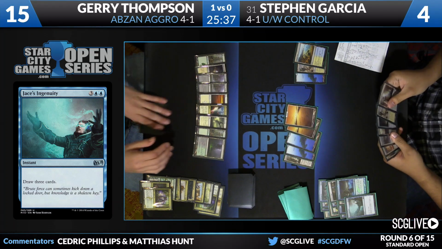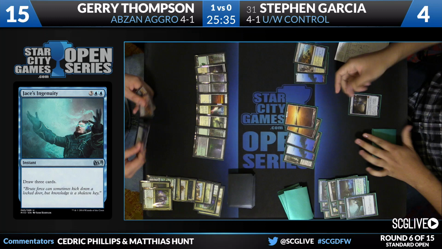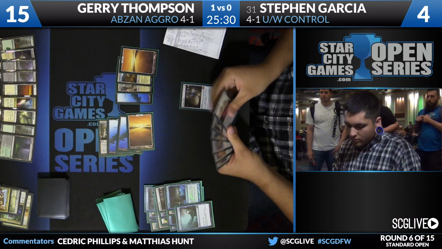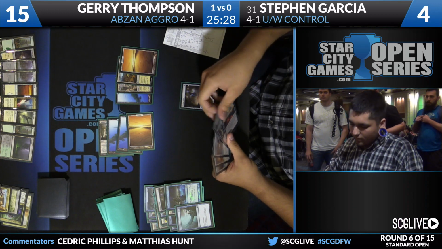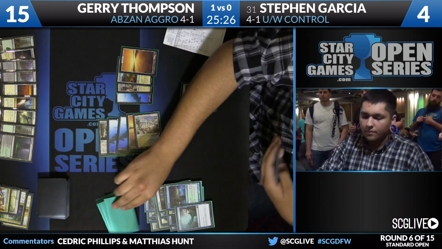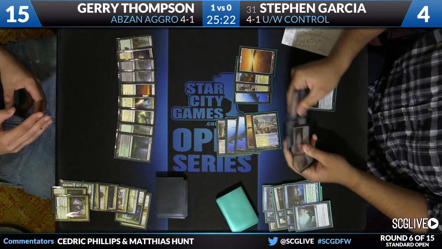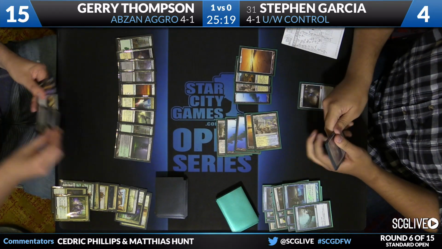Garcia will draw a card. Radiant Fountain, one of the lands in hand. Perilous Vault's going to come down. That's an answer to another card. And you like the patience on Steven's side, not really going for Jace's Ingenuity too quickly. He even had Encroaching Wastes there. He could have played it to leave up a possible Jace's Ingenuity, but no, he's going to go ahead and...